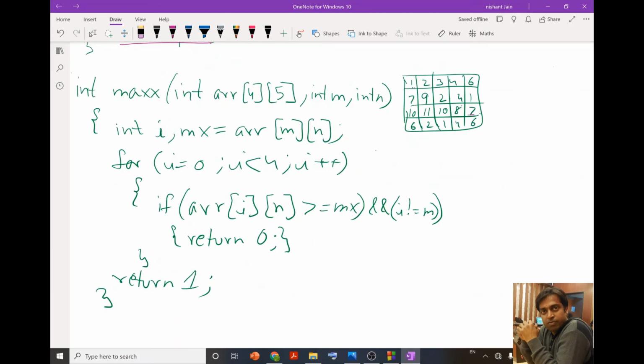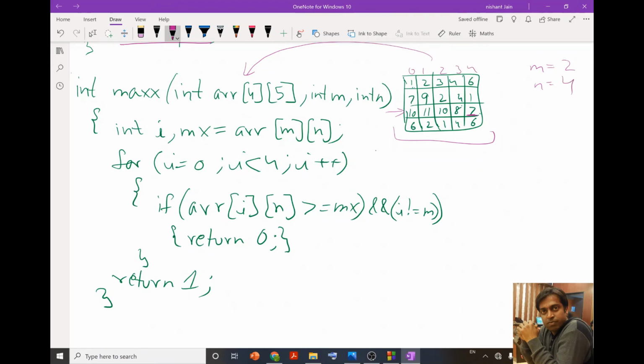So now let me show how this function is going to work. To show this, let me consider this particular matrix. This array is passed to the function, and let the value of m be corresponding to this row, meaning 2, and the value of n, since in this particular row we have the minimum value, will correspond to this column. It is 0, 1, 2, 3 and 4, so it will be 4.